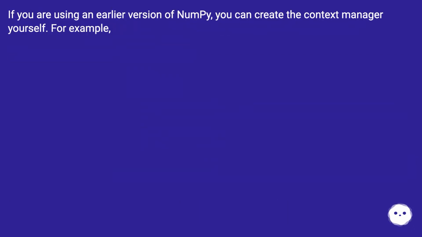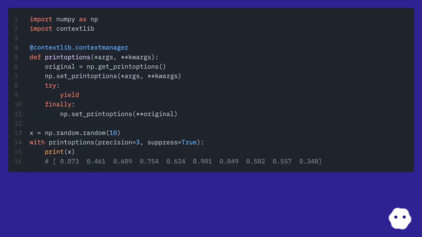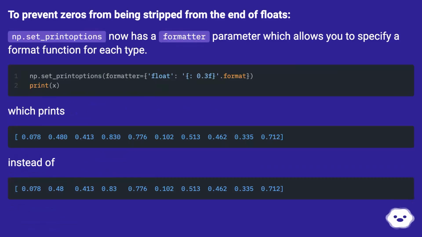If you are using an earlier version of NumPy, you can create the context manager yourself. For example, to prevent zeros from being stripped from the end of floats, np.set_printoptions now has a formatter parameter which allows you to specify a format function for each type, which prints instead of